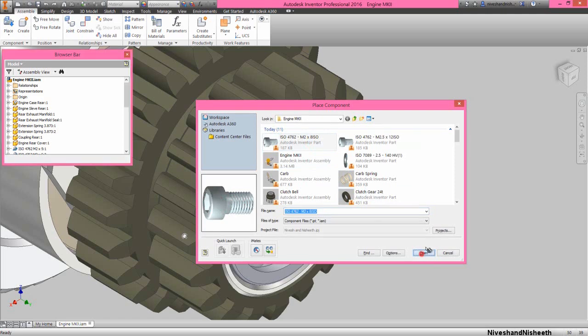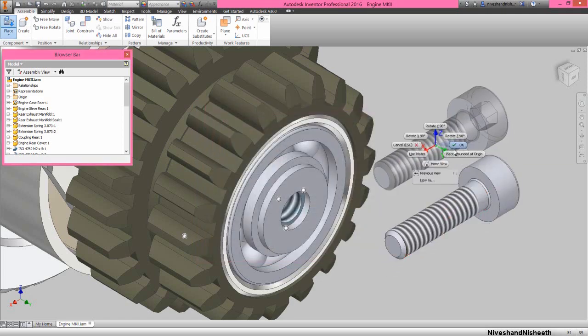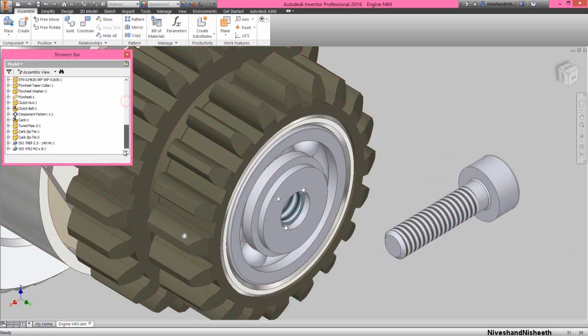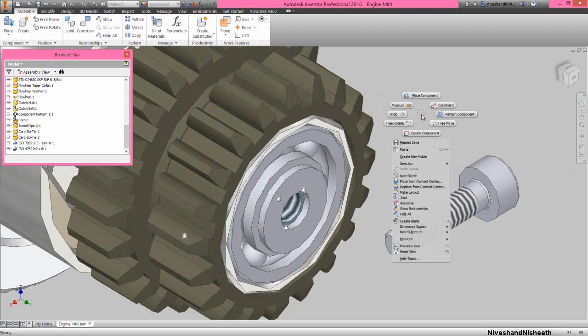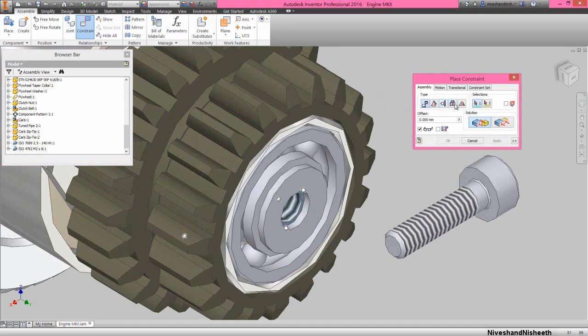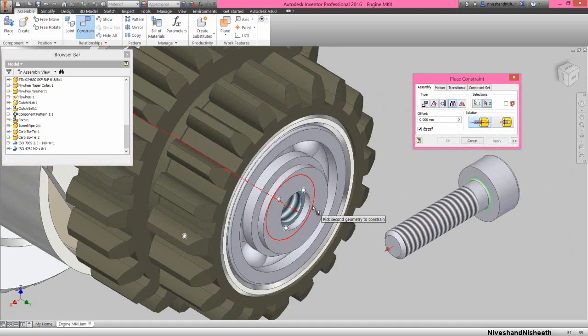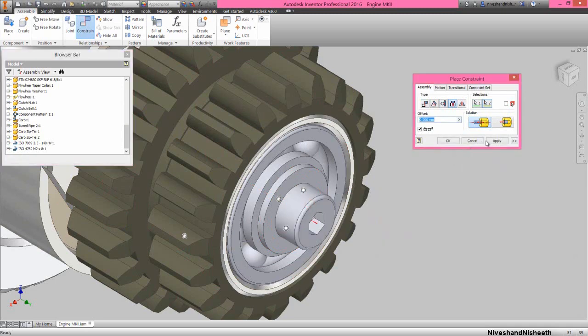Now we will place the bolt in this assembly. In the same manner, we will fix the bolt over this washer. Okay, alright.